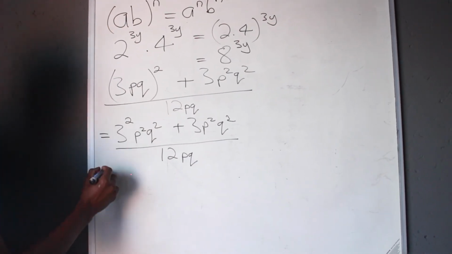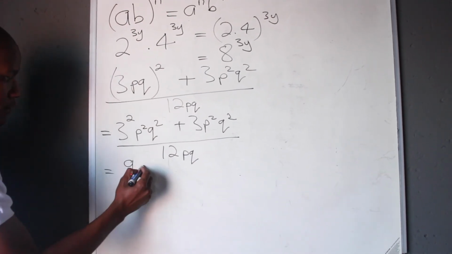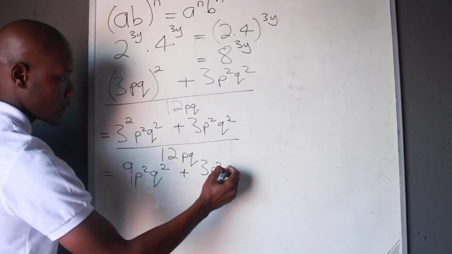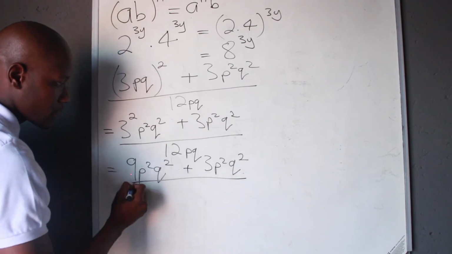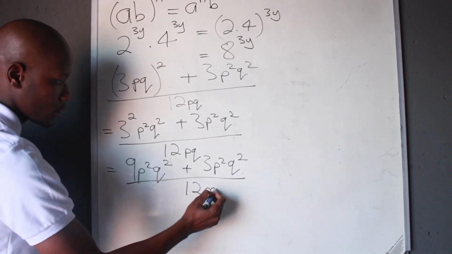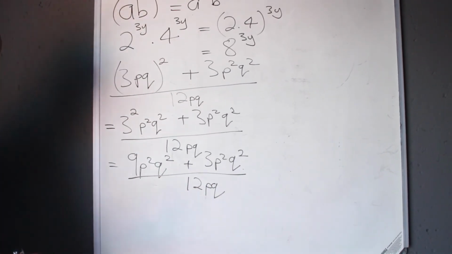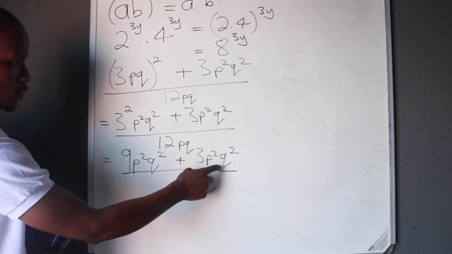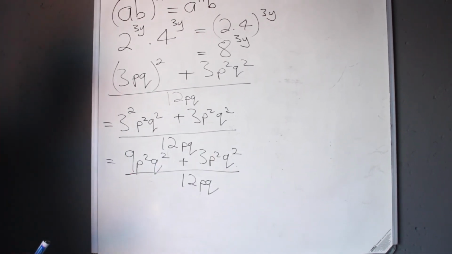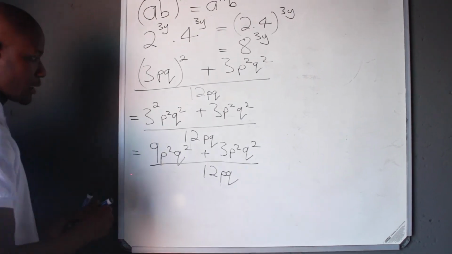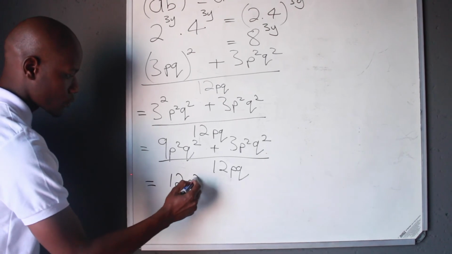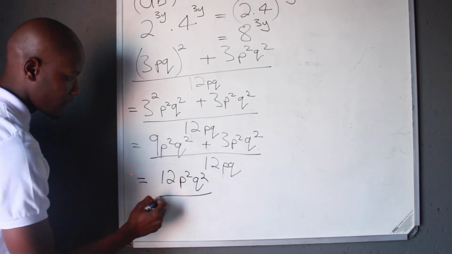So 3 squared is 9. 9p squared q squared plus 3p squared q squared divided by 12pq. So check. 9p squared q squared plus 3p squared q squared, like terms, have the same base and same exponent. So 9 plus 3 is 12p squared q squared divided by